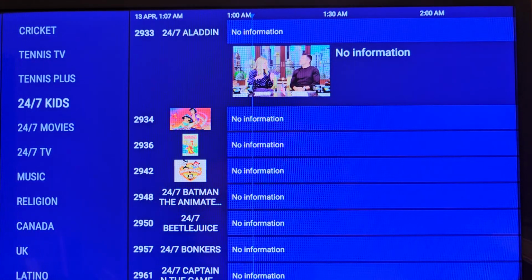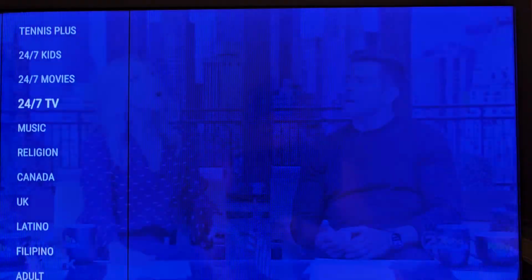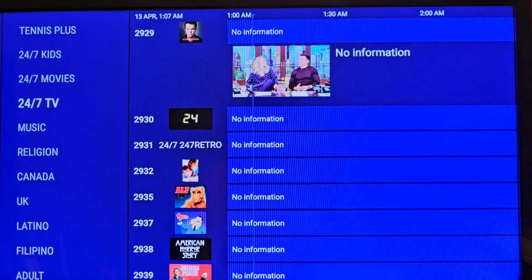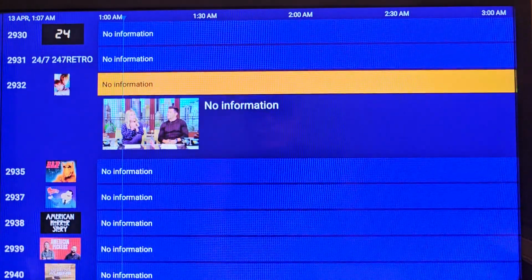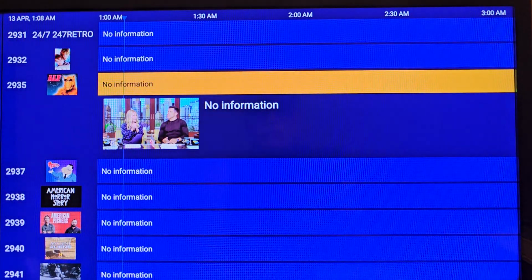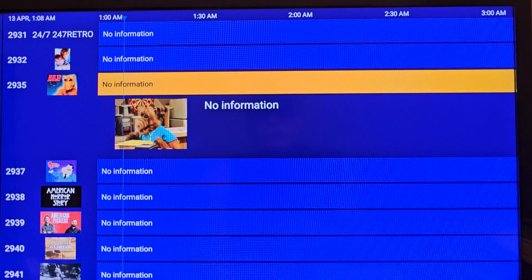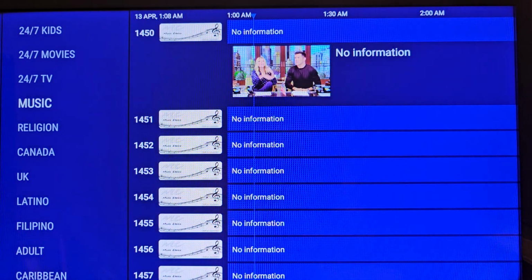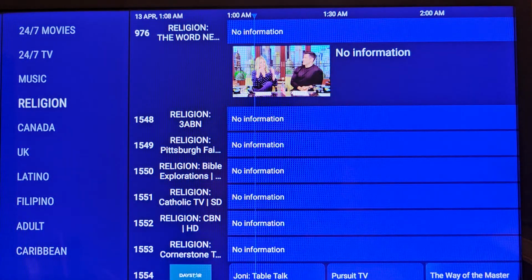Tennis. Here's your 24/7. So here's 24/7 kids, 24/7 movies, 24/7 TV shows. You do not get a TV guide with these. It's just going to show Alf over and over, just different episodes of Alf. It's just going to keep running through them. So if you like some of those older TV shows, that's the place to go. Music, some good stuff on there. Some of it is on a smaller loop, so you tend to hear the same songs over and over. But religion channel,